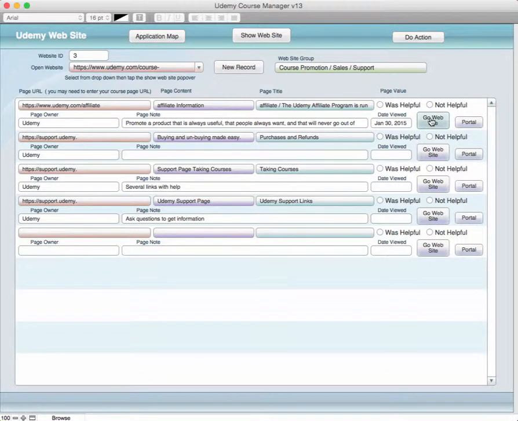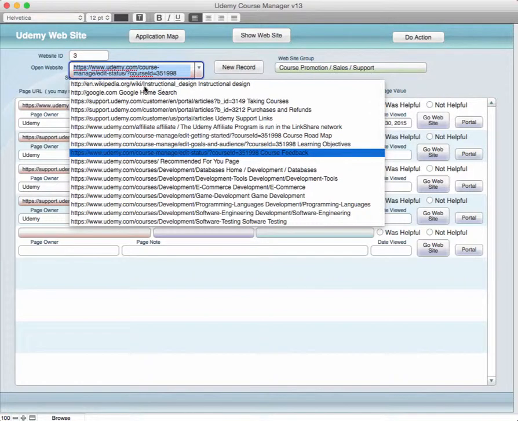And what this does over here is if you have the site and you want to see it on a browser, you can click this button for the website that's in this row. You can date the time you were there, and if you found it useful you can say it was helpful or not helpful. And then this one up here, if you go ahead and provide yourself, you can say for